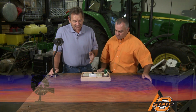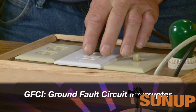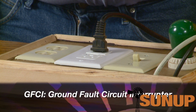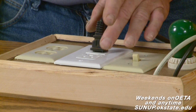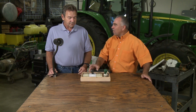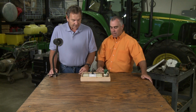Okay, what we've got here is a GFCI put in the circuit, and the way these work is they measure the difference between neutral and what we call hot, and when that difference is measured within a 1/30th of a second, this thing will snap and break the electrical connection between the outlet and the live wire. Basically, it's just a breaker at the outlet itself that will trip almost instantaneously,